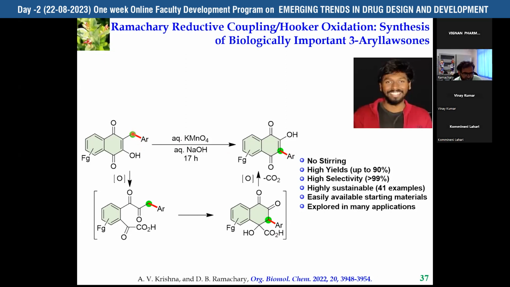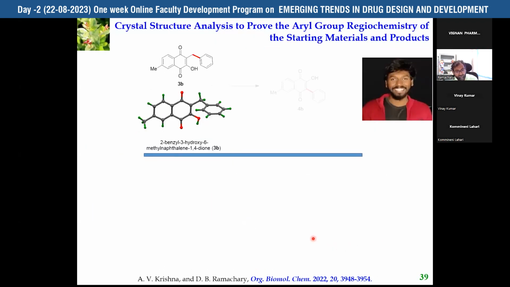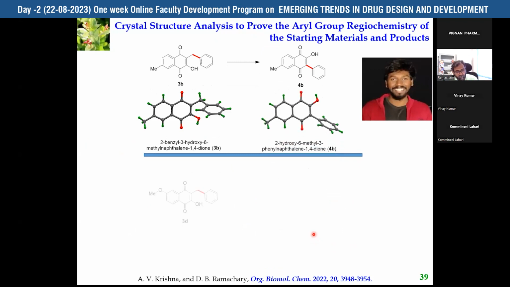So one of the CH2 went off as carbon dioxide. Here there is no steering, high yields, high selectivity, high sustainability, and easily available starting material, with export in many applications. These are the applications. So this is the way it is explained. And up to now people don't know about this